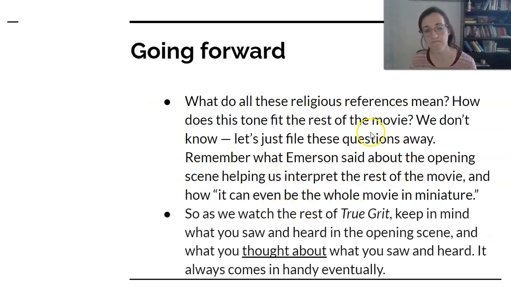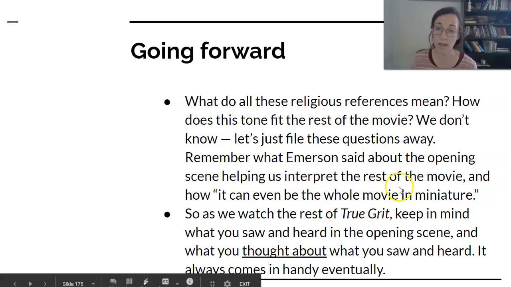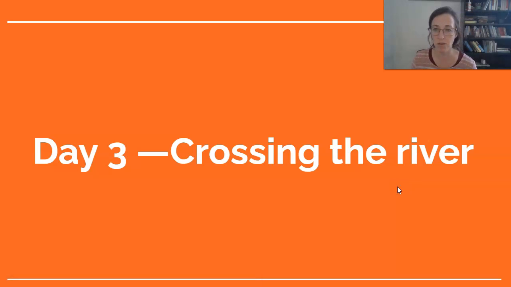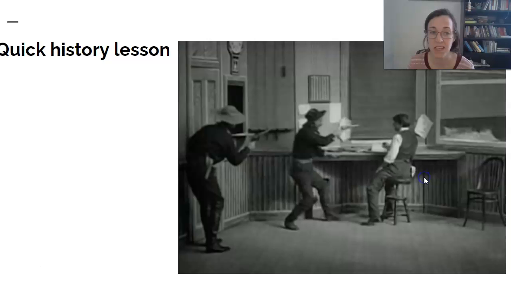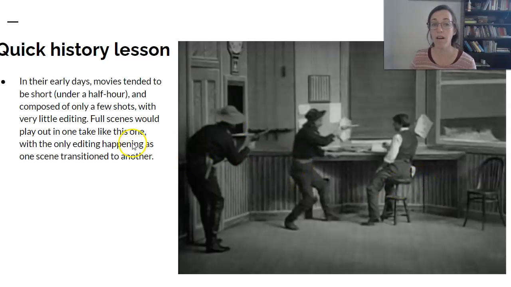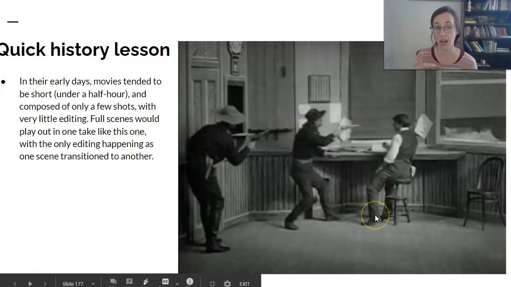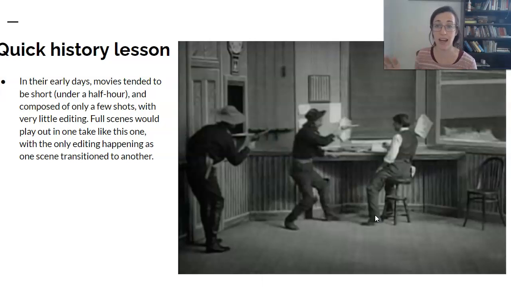All right, so anyway, the main scene, the opening scene, this movie in miniature. Now I'm combining this with yesterday's, so I'm going to speed through day 3 as well. A quick history lesson about what a shot is in a film. In the early days, movies were shot in really one or two shots, and it was mostly theatrical, as if you were watching a stage performance of something, but it was on the screen for you.